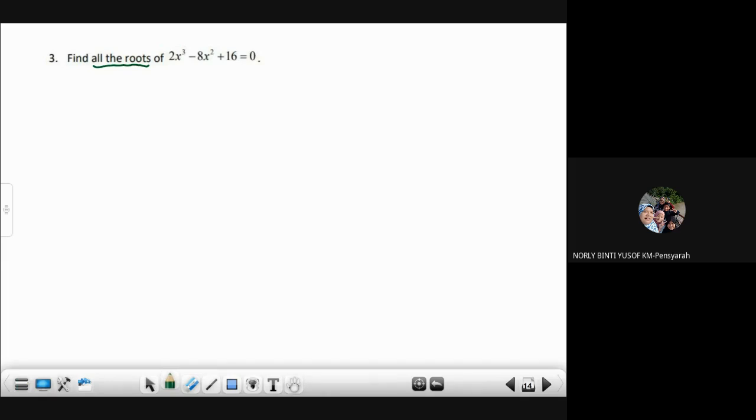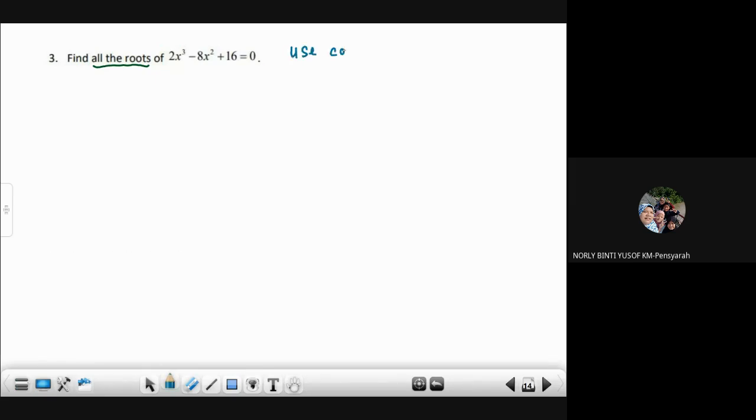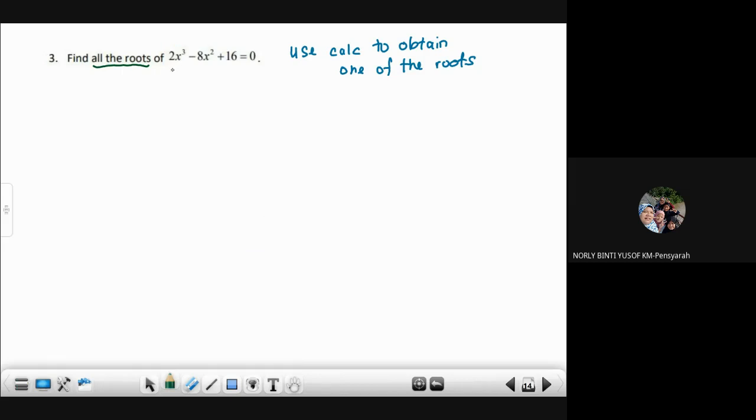Tapi step yang pertama kena use calculator dulu to obtain one of the roots. Okay, samalah, tekan degree dia 3, kat polinomial tu 2, A2, negatif 8,